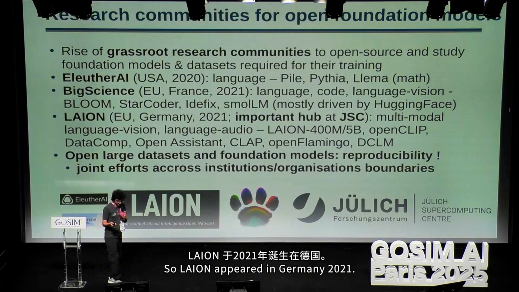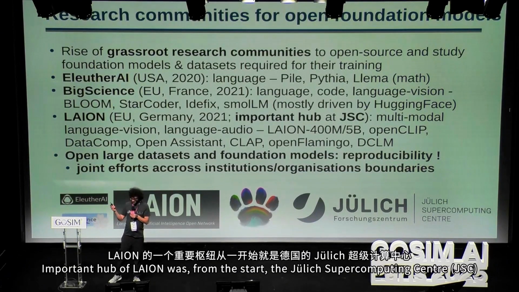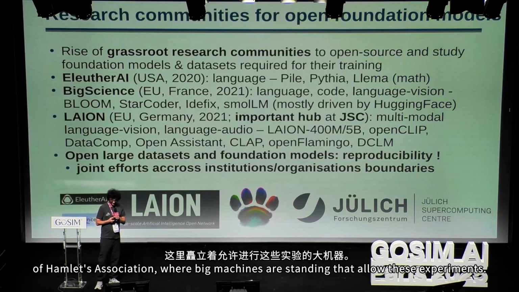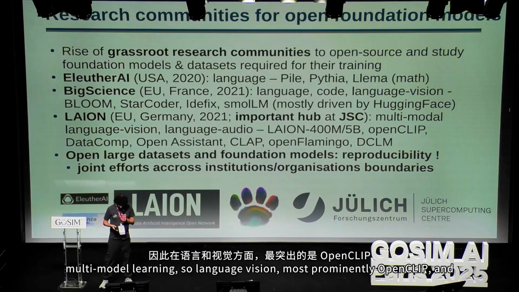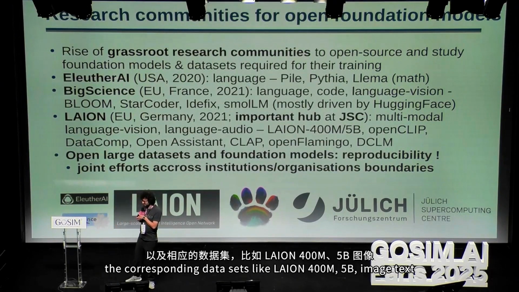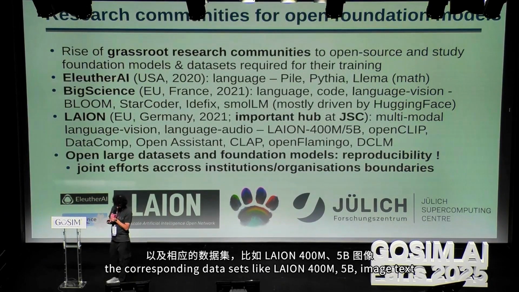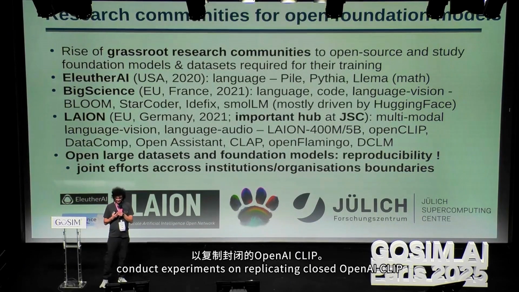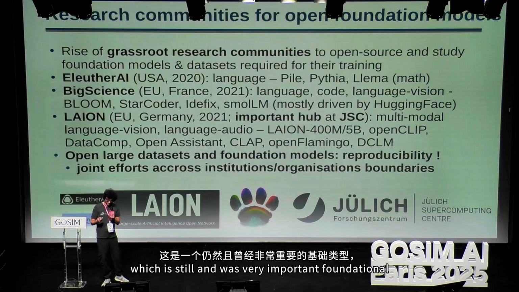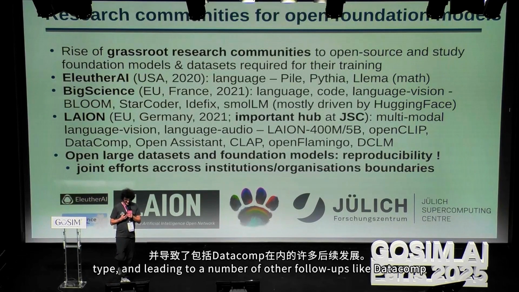So LAION appeared in Germany in 2021. An important hub of LAION was from the start the Jülich Supercomputing Center of the Helmholtz Association, where big machines are standing that allow these experiments. And from the start, LAION was focusing more on multimodal learning. So language-vision, most prominently OpenCLIP, and the corresponding datasets like LAION-400M, 5B, web-scale image-text pair datasets that were gathered to conduct experiments on replicating closed OpenAI CLIP, which still is, and was, a very important foundation model type,